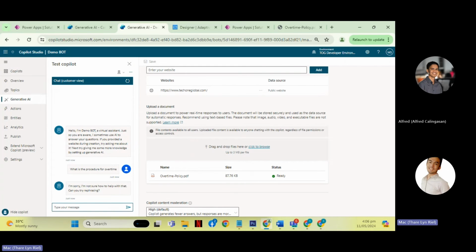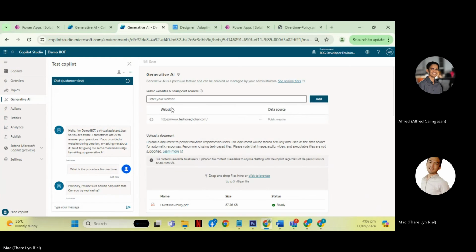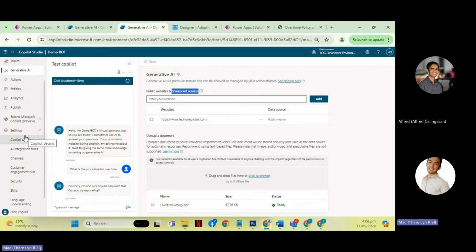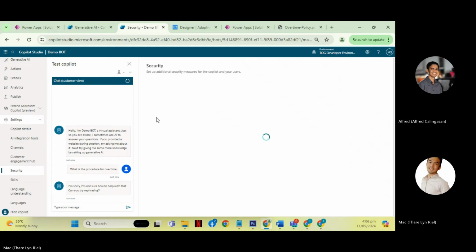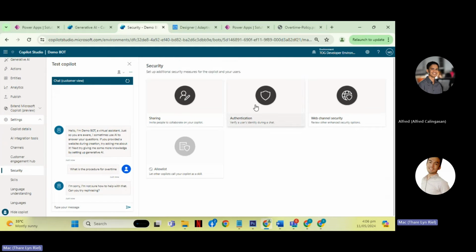Okay, so as I mentioned, you can also add SharePoint sources in this one. But if you use that, as we know, a SharePoint site is sometimes a private site. So for that, you need to make your Copilot authenticated.